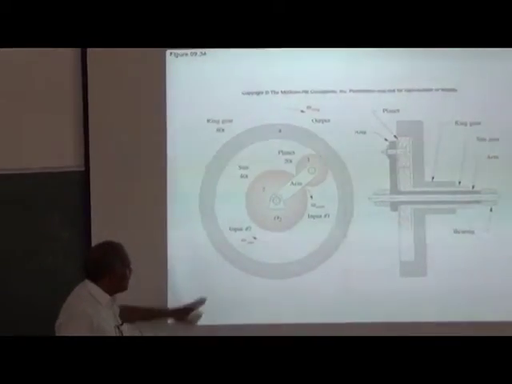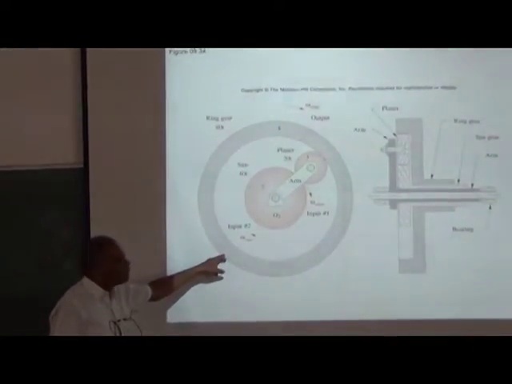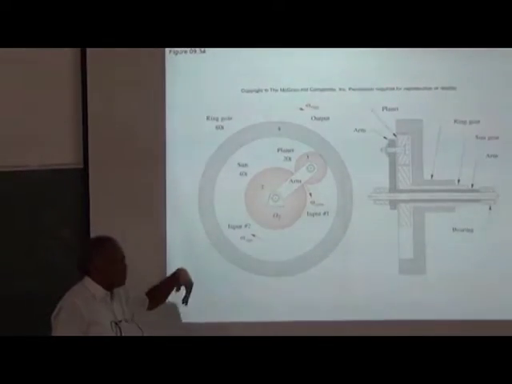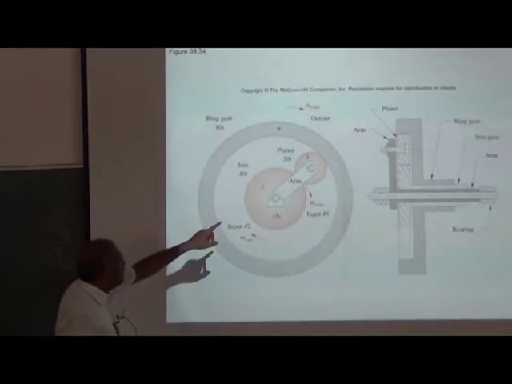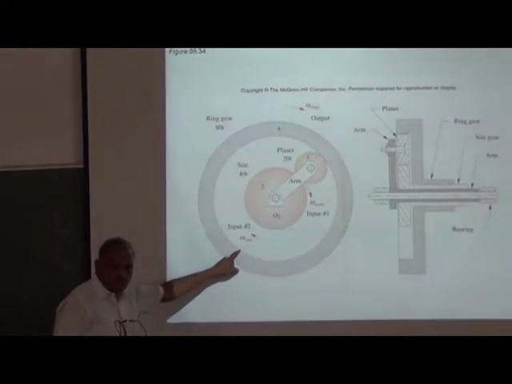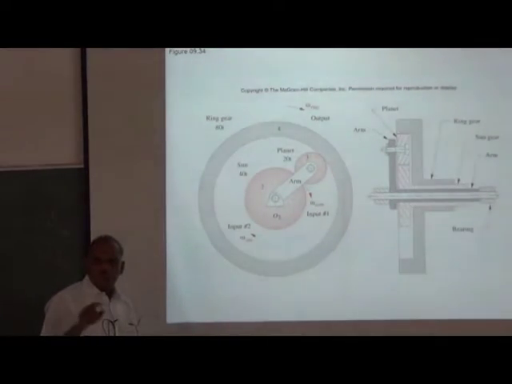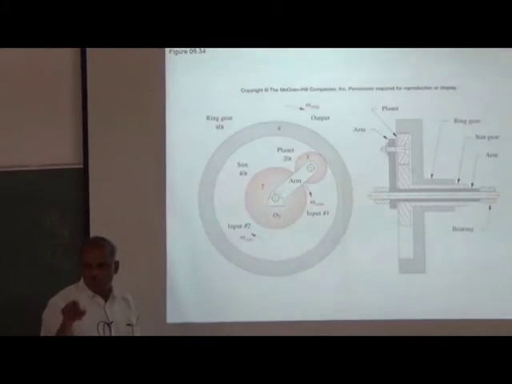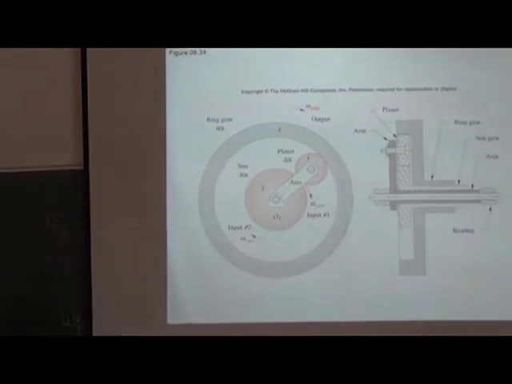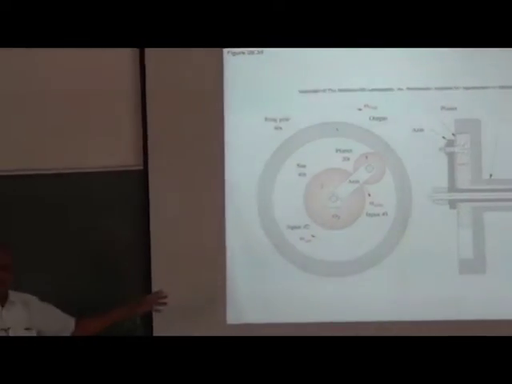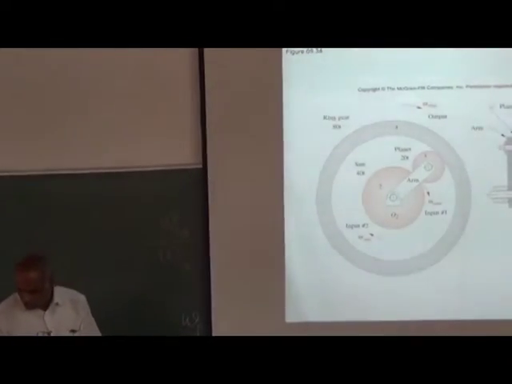So we have a ring gear added to it. Through the ring gear you can take the output of the planet gear. But you can see the ring gear is mostly an internal gear. So if you take the speed ratio, the minus sign will not be there, it will be only plus. So the speed ratio is the tooth number ratio with a plus sign. So this is basically a simple epicyclic gear train.